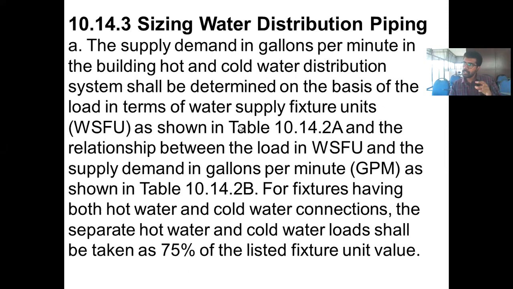just imagine if the WSFU number was one. In this case, if you are trying to give both hot and cold water, you have to take only 75% of it. Instead of one, you can take the value 0.75 for cold water and 0.75 for hot water. I'm not trying to confuse you by saying all these things; we can do a question. Today we'll be focusing only on one thing. Then you have to go home and practice it.